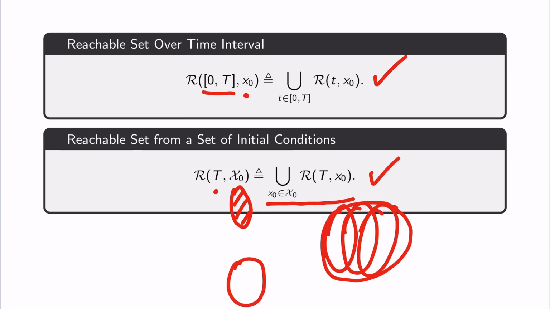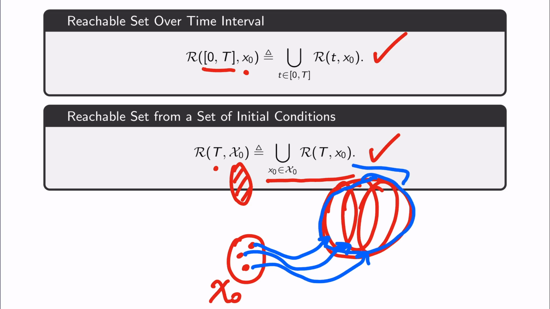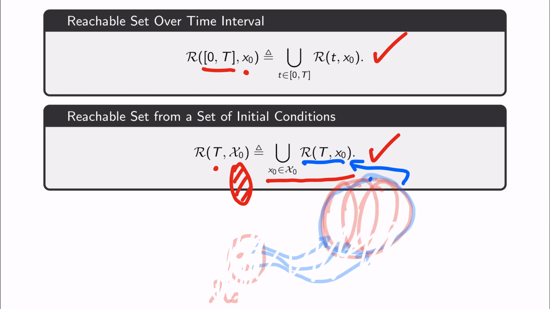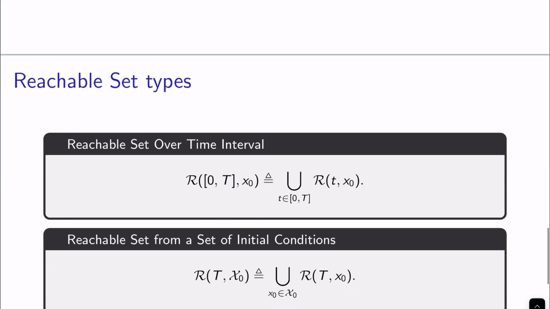So for example, imagine I was able to indicate infinitely many points here in this set of initial conditions, and for this I got this set, for this I get this set, and for this I get this set, and imagine I was able to do it infinitely many times and I'm taking the union of them, right? And then this is what we have here. So again, after the template definition, that was kind of straightforward.